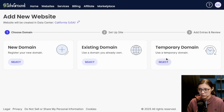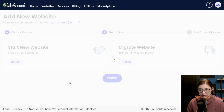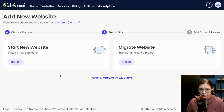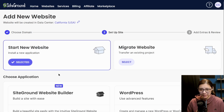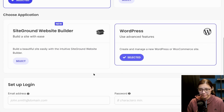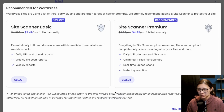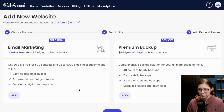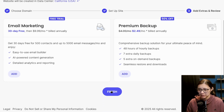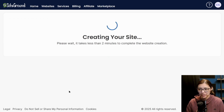Next, I'm going to just select temporary domain, then click continue. And then under start new website, I'm going to select that. And I want to select WordPress. And here you'll also want to put in the email address and password that you want to use for your WordPress login. Click continue. And then I'm going to say no thank you. And click finish. So this might take a minute or two to create the new website,